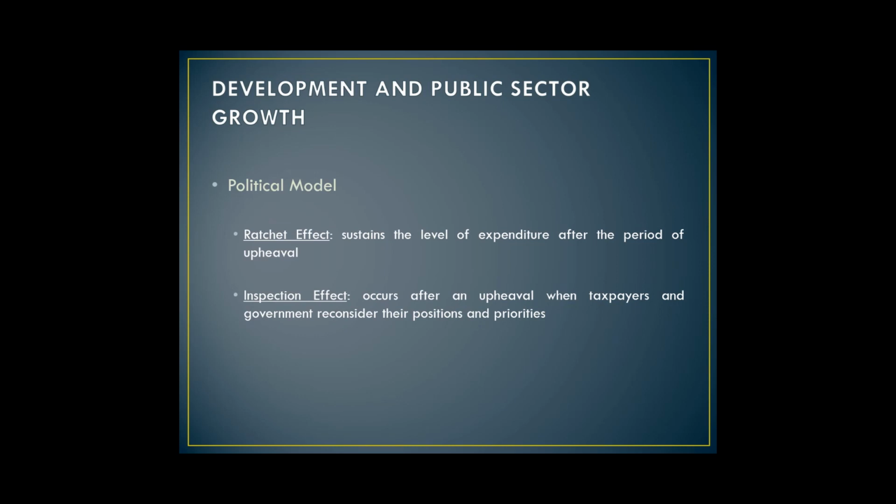There are two effects under the political model. The first is the Peacock effect, wherein it refers to the escalation in production or prices which tend to self-perpetuate. Once productive capacities have been added or prices have been raised, it is difficult to reverse these changes because people are influenced by the prior highest level of production.